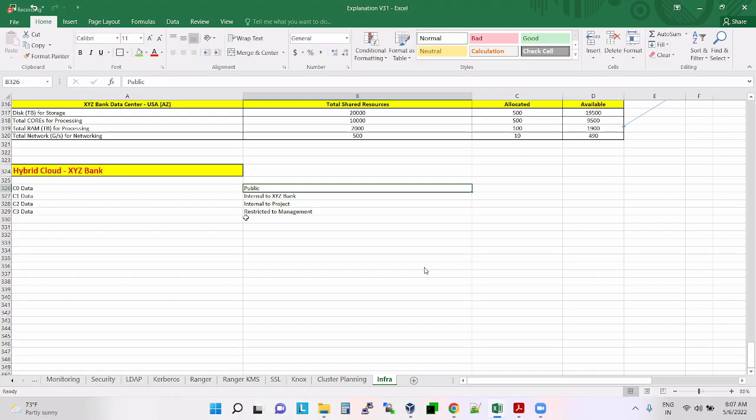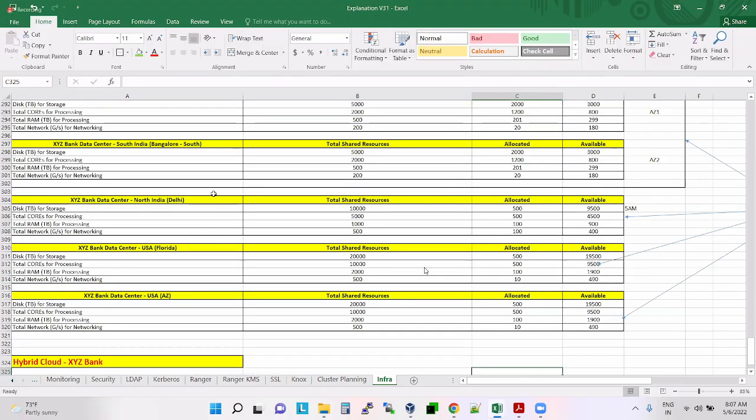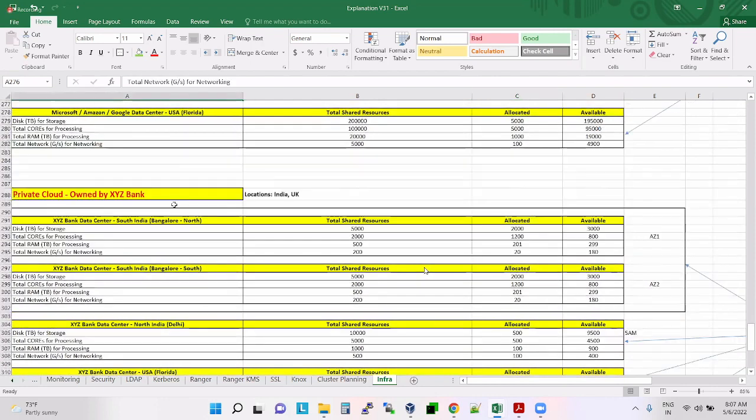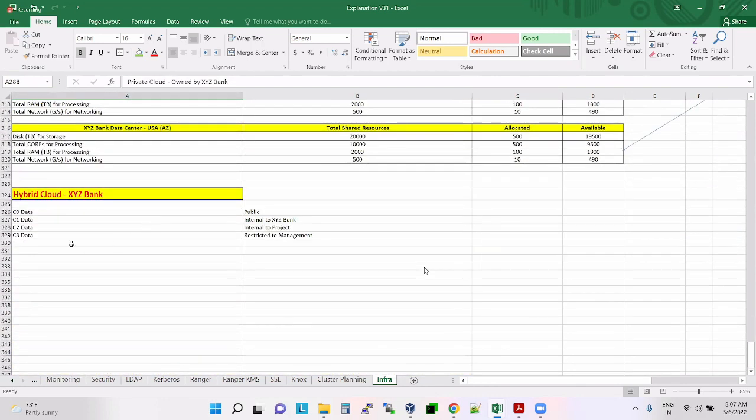Some companies have rules that no C3 data should be stored on the public cloud. But they want to use the public cloud and also the private cloud. So what they are doing now is putting C0 data in the public cloud, since it is not so important data.